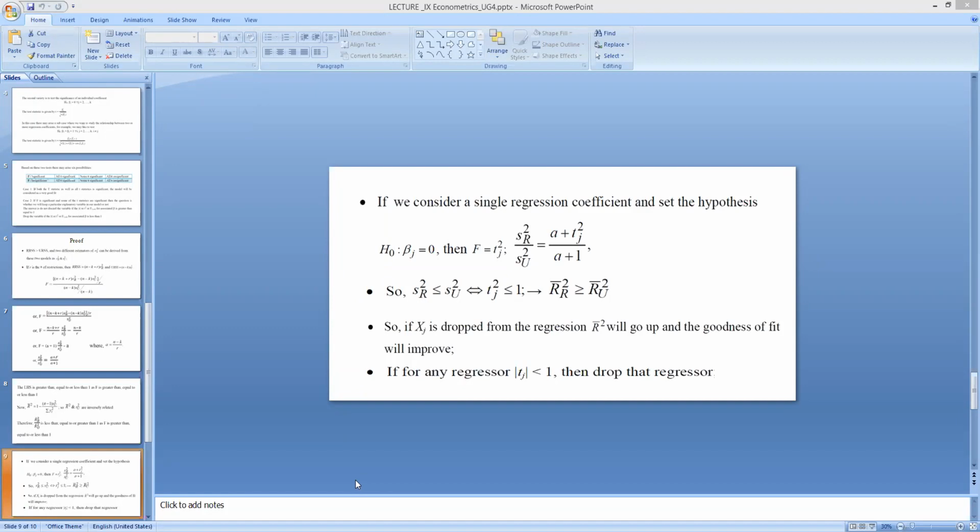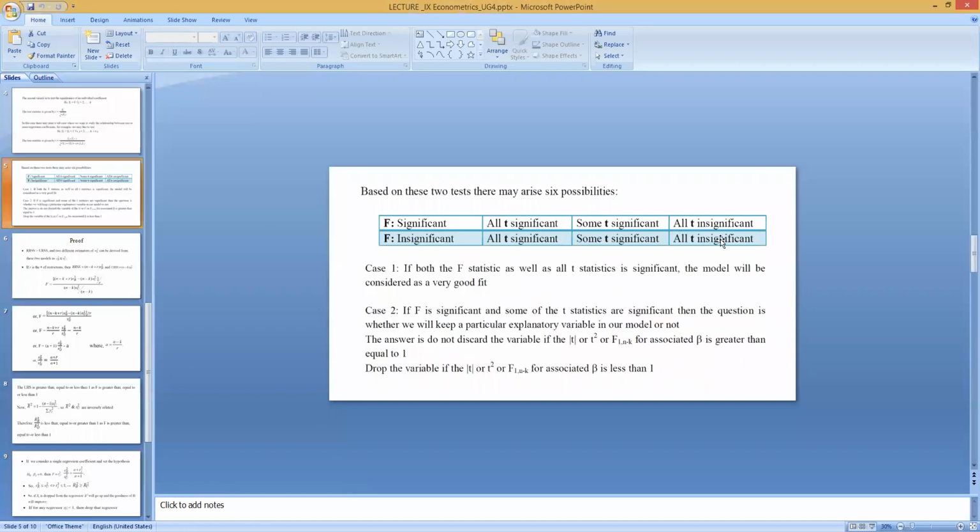So this is all about the second case I wanted to share with you: what you will do if some of the t coefficients are insignificant while overall the model is significant. Any question? Any question, anyone? Regarding this point or regarding any part of the hypothesis testing exercises in case of MLRM?